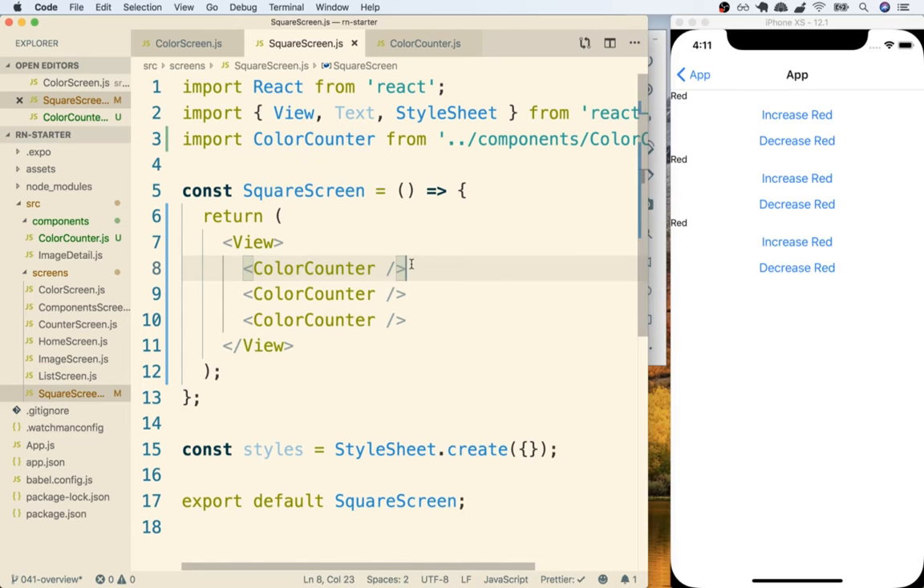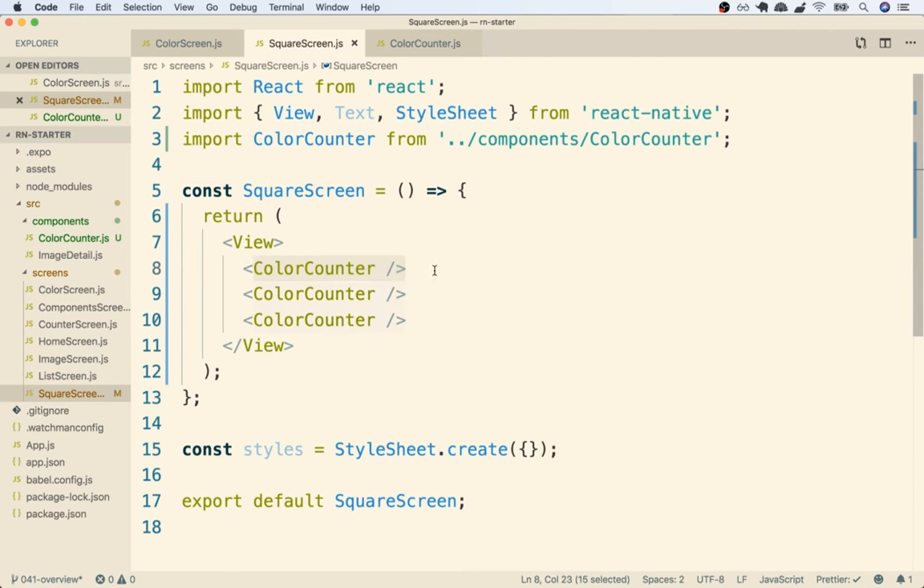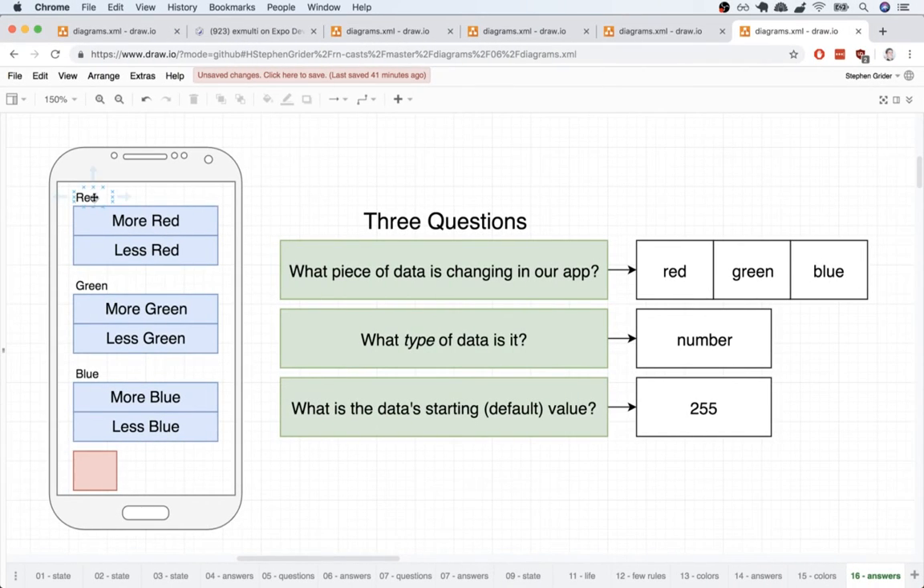So now we need to start to customize the text inside of color counter by using the prop system. So we're probably going to want to pass in a prop to the first color counter to indicate that it should show red, and then blue and green. So I'm going to make up a prop name. I think a reasonable prop name would be color. So that will be a string of red. And I'm going to make it capitalized here because in all my mockups over here,